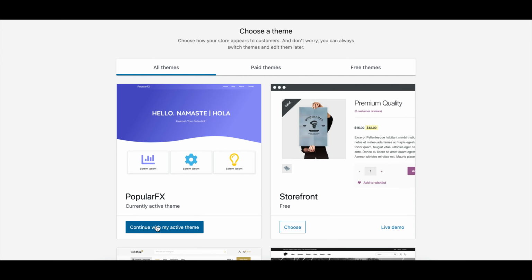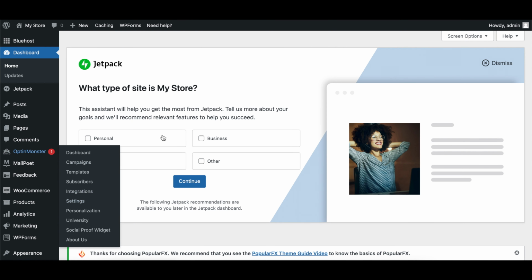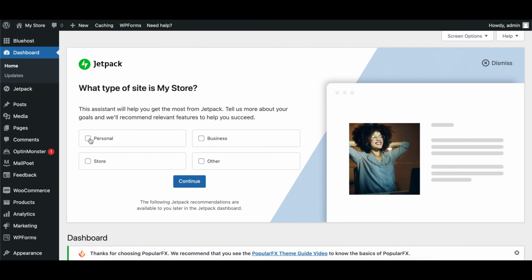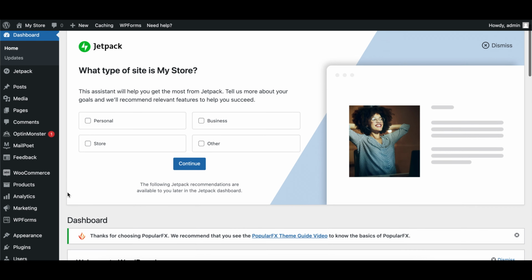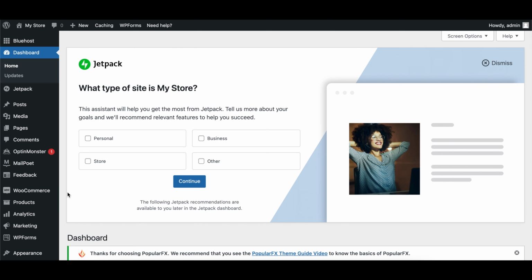Choose a theme. Here you can go on to choose different themes, but we're going to just continue with our current theme. So for this example, we're just going to do a basic store. We're going to have one item, make that item available for sale, integrate it with WePay, and go through the process of actually buying that product, checking out, see how the integration with WePay works, so that you get a solid foundation on how to build out your products and eventually your entire store.